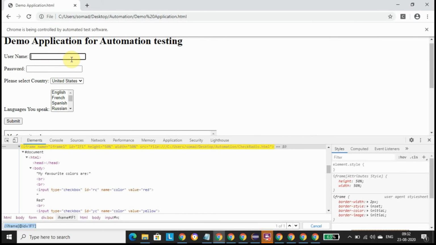Can I directly write driver.findElement using ID or name for this text box and sendKeys, and pass the username there? That is not going to be possible. We have to switch back to the main page, then only we can access the elements available in the main page. So how do we do it?